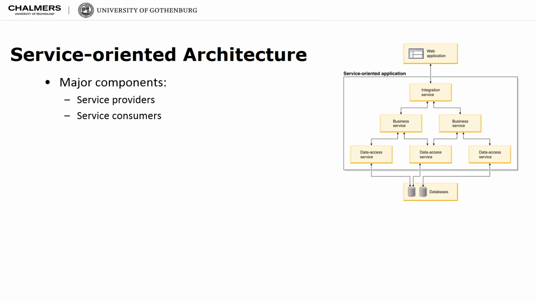Service providers may also be service consumers, enterprise service bus, which is intermediary element that can route and transform messages between providers and consumers, registry of services, which may be used by providers to register their services and by consumers to discover services at runtime,